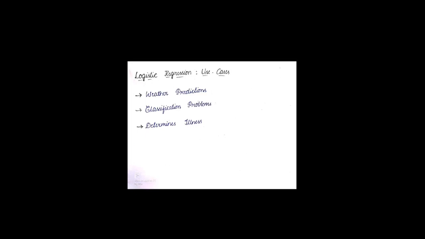So what will be the features? The doctor can check the sugar level, the blood pressure, and the age of the patient, whether a very small child or an old person, and the previous medical history of the patient. All of these features will be recorded by the doctor. And finally, the doctor checks the data. So using all the data, a doctor can identify whether the patient is ill or not. So these are the various use cases in which you can use logistic regression.